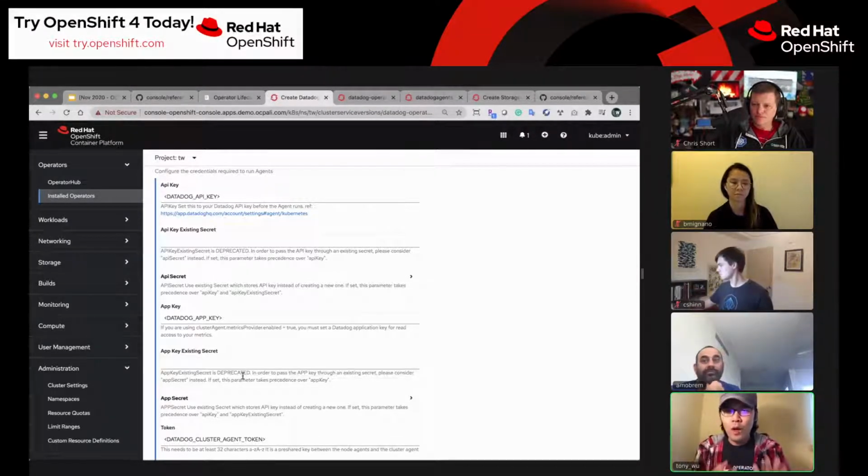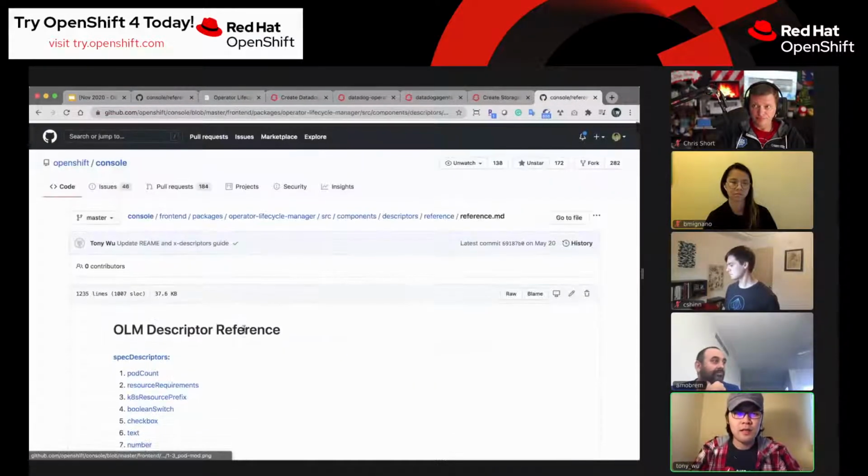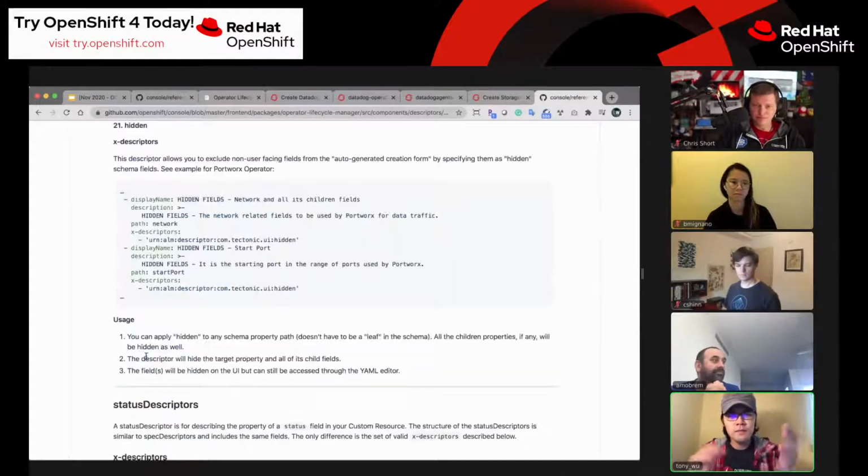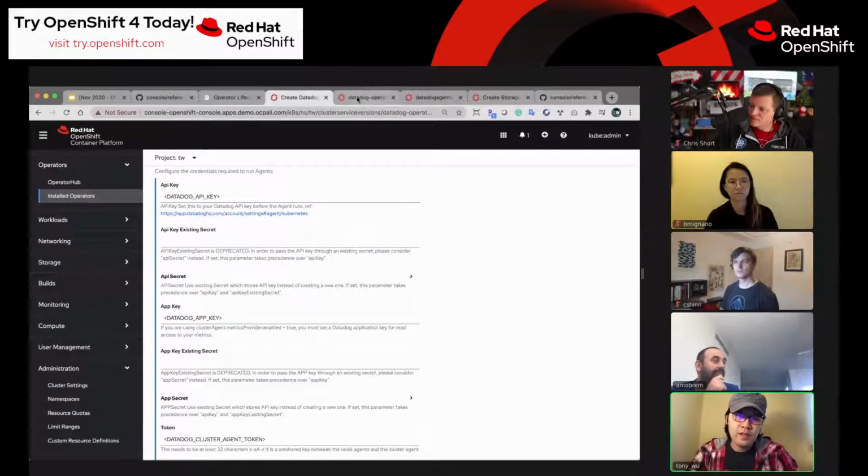So what you can actually do is you can add a spec descriptor to basically exclude these two fields from the creation form. So what we can do is we can jump right into this reference guide. You find the hidden, and boom, we have a lot of code snippets right here. So what we can do here is we basically just copy these examples, and then we switch back to the